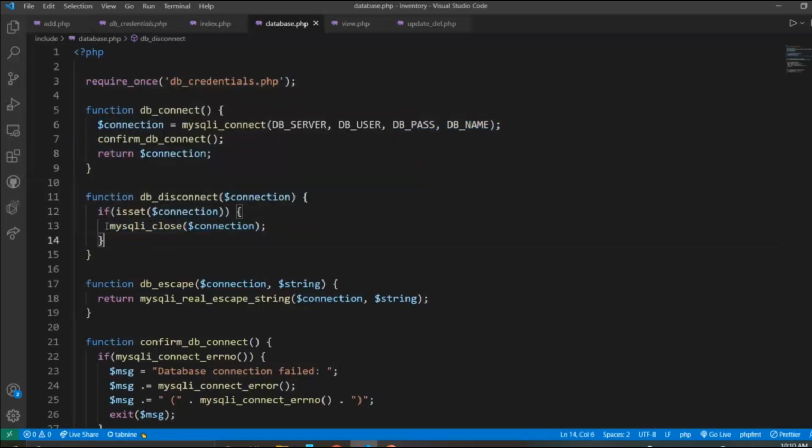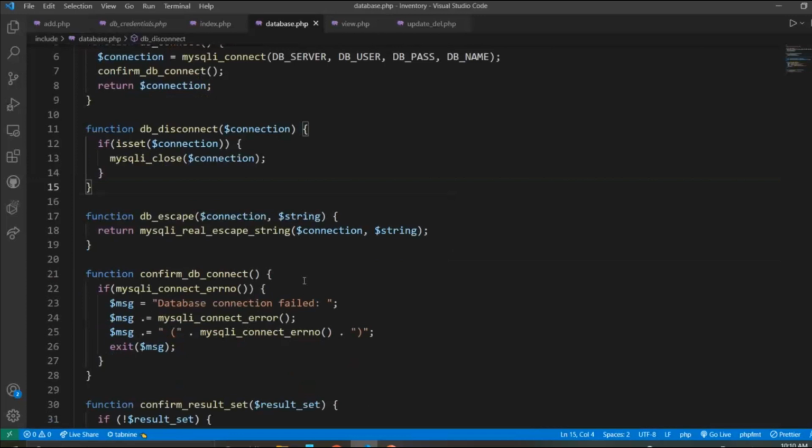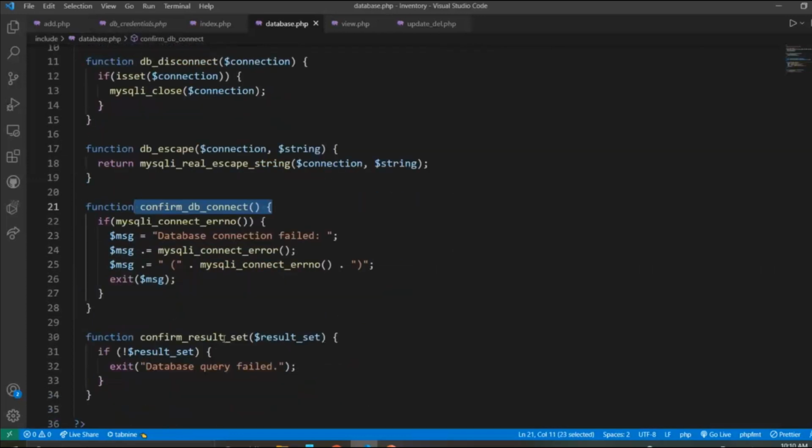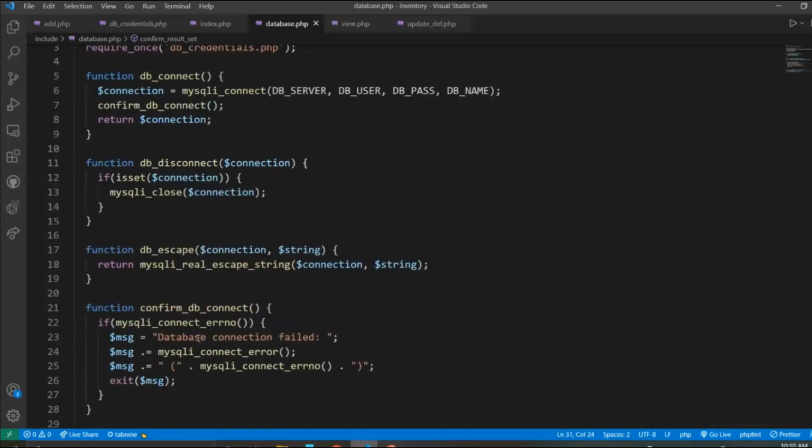So you see, in case of disconnect, it is just MySQLi close, and which connection should be closed? This connection that we have created here. Okay, so the basic thing, connect and disconnect, and this one is just to escape the extra characters in our data if they exist, and we can confirm the database connection. Okay, and this one is just to confirm a result set. So when we run a query, it will get a result set, so we can check whether the result set exists, meaning the query was successful. So we will use a few of these